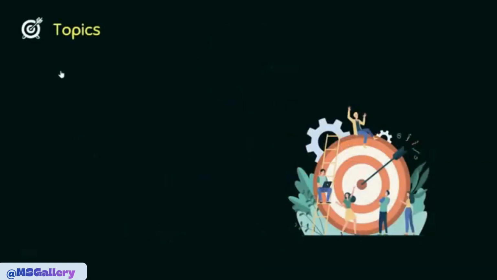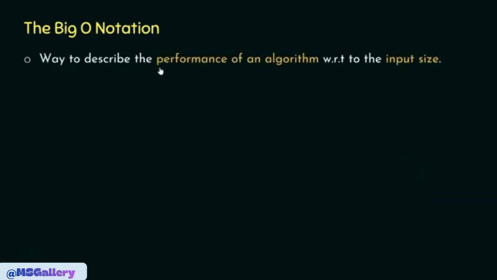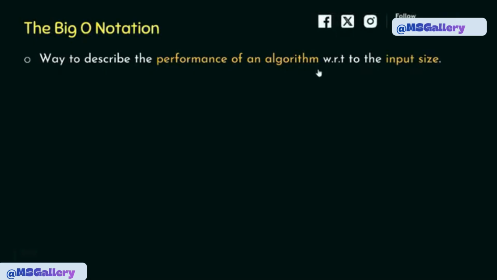The topic of this lecture is the Big O notation. In this lecture, I will introduce the Big O notation, so let's get started. So what is the Big O notation? Big O notation is the way to describe the performance of an algorithm with respect to the input size. This means Big O notation tells how fast an algorithm is or how much memory space it takes with respect